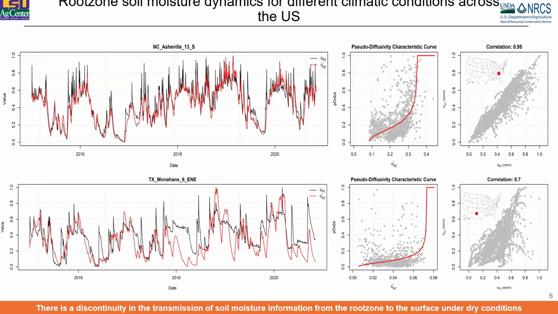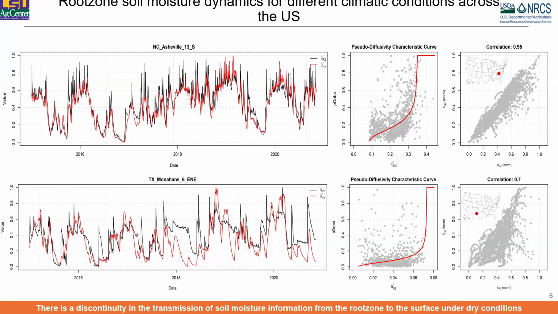So here is a sample of the model results. The first plot is from North Carolina, which is a humid condition. You can see that the model performed really well with a correlation of 0.95. And then in the second figure, from Texas, the model performed lower as compared to the humid conditions. And this can be explained in the sense that